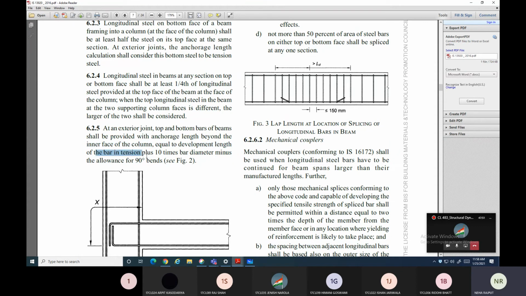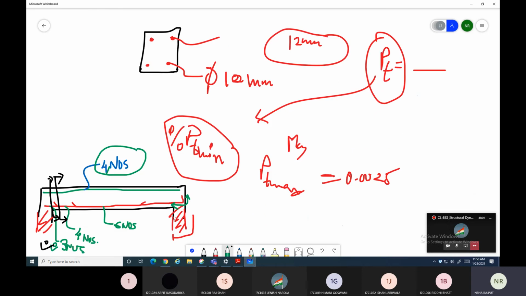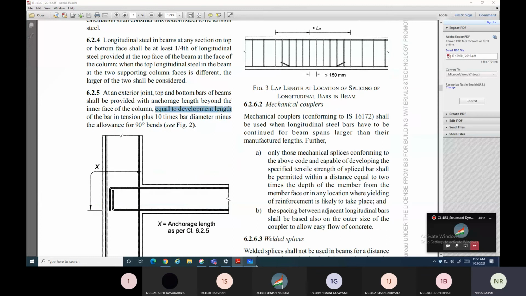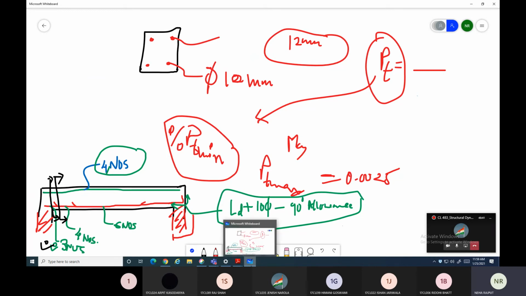Equal to development length of bar in tension plus 10 times bar diameter minus the allowance of 90 degree. ये हम जब एग्जांपल में कराऊंगी at that time I will show you, बट द मीनिंग ऑफ दिस स्टेटमेंट इज कि ये एंकरेज लेंथ कितना होना चाहिए, तो उसके लिए ये दिया है, डेवलपमेंट लेंथ Ld of the bar plus 10 times bar diameter 10d minus the allowance 90 degree allowance। तो ये इक्वेशन से आपको एंकरेज फाइंड करनी है। सो ये हम देखेंगे एट द टाइम ऑफ एग्जाम्पल। सो दिस इज द एंकरेज लेंथ दैट यू नीड टू एटलीस्ट प्रोवाइड एट द एक्सटीरियर जॉइंट,